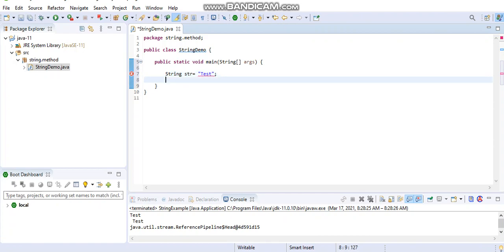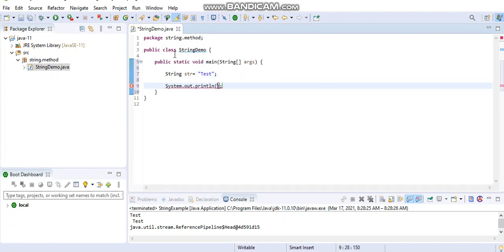First I'll check how the repeat method works. I just used System.out.println, then str.repeat, and in the method argument we can put the count of how many times you want to repeat a particular string.